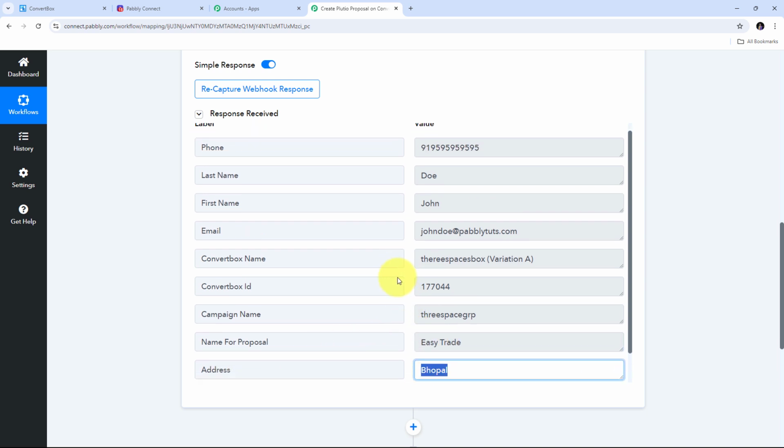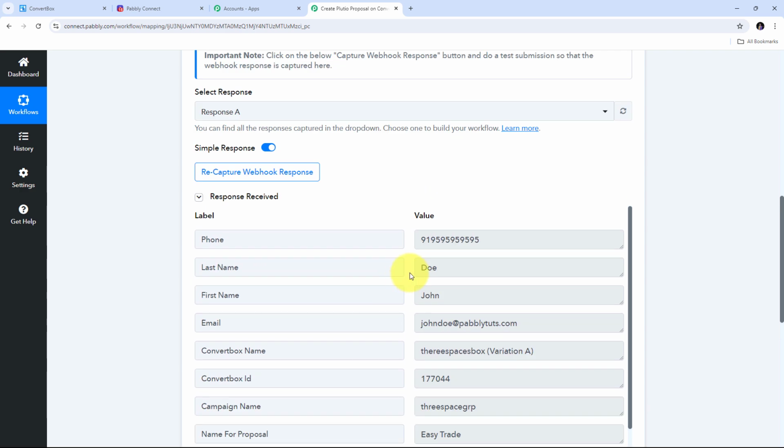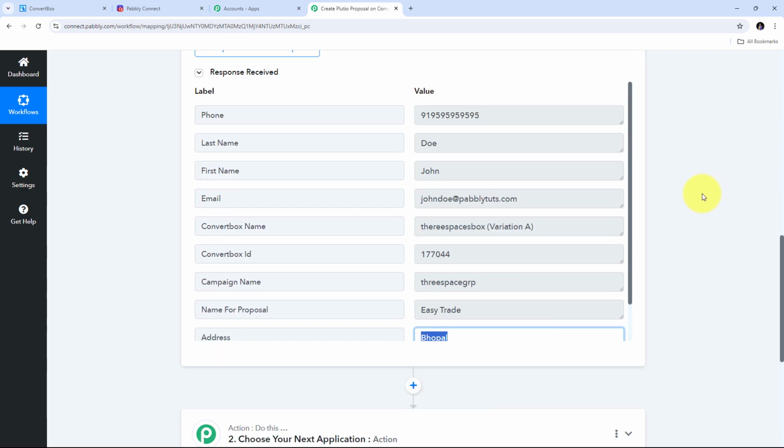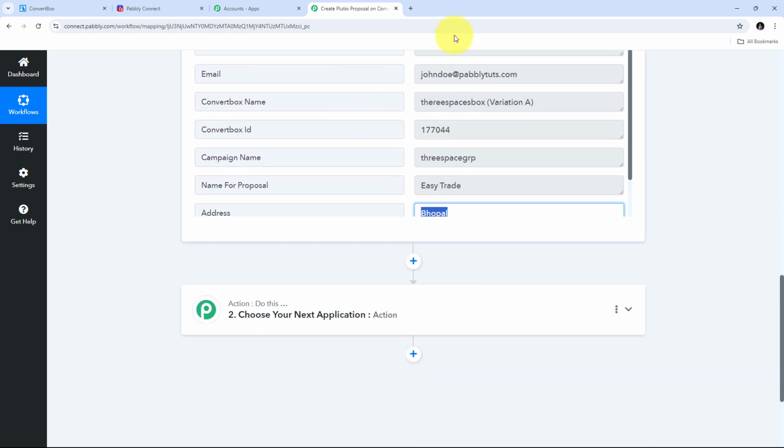So here we can see that automatically I have received all these details of my lead. And now what I need to do is, by using all these lead details, I know that this lead is interested in my service and he wants a consultancy service for their business. Now, as I have received this lead, I need to first create a proposal for my service in Plutio. So automatically by using all these details of the lead, I am going to create a new proposal in Plutio for the consultancy service. So before creating a proposal, I need to first add this lead as a person in